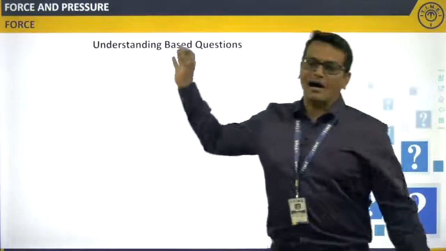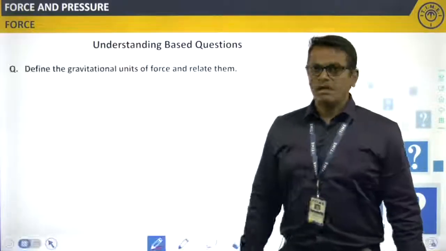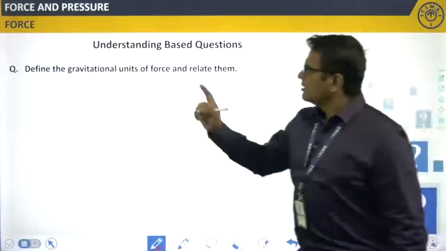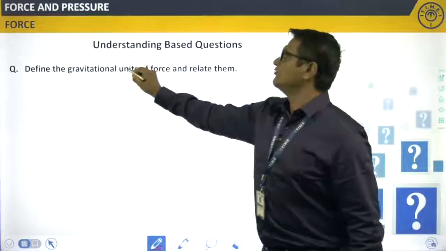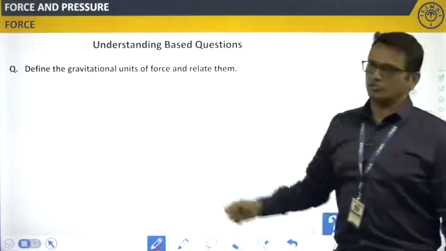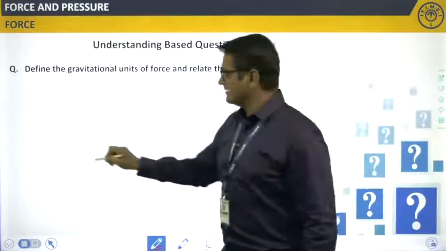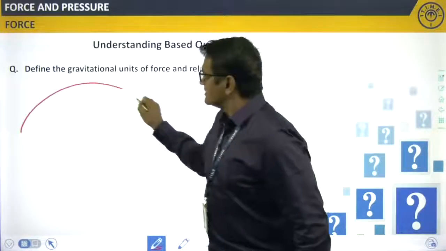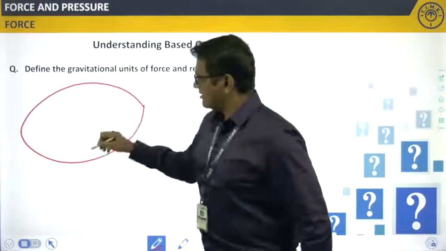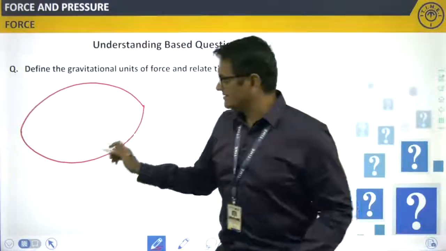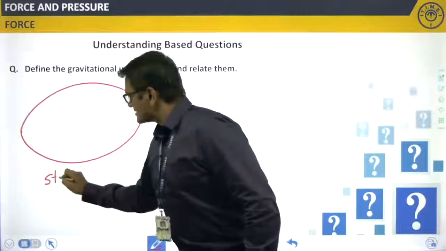Let's begin with some understanding based questions. Let us see the first question. Define gravitational unit of force and relate them. So you'll have to first define gravitational unit of force. Now, for this, understand this. Suppose this is an area where standard gravitational field is acting. So this is nothing but standard